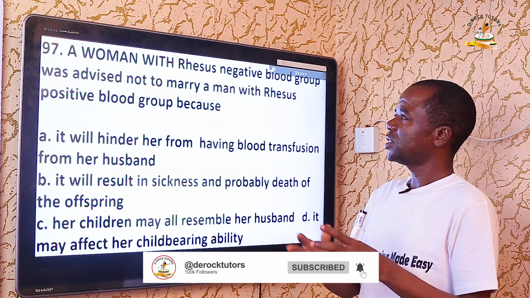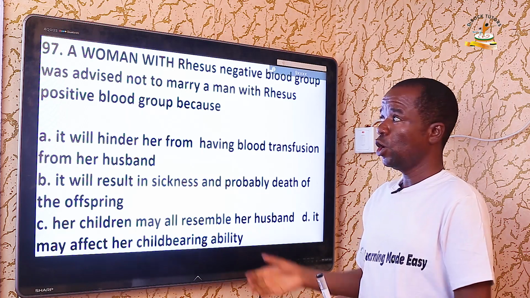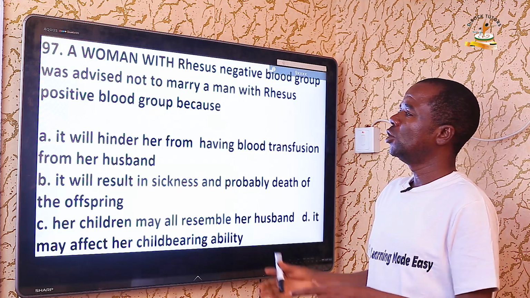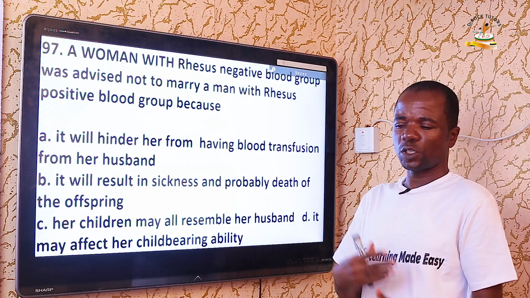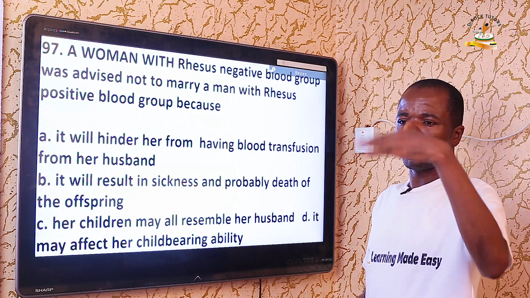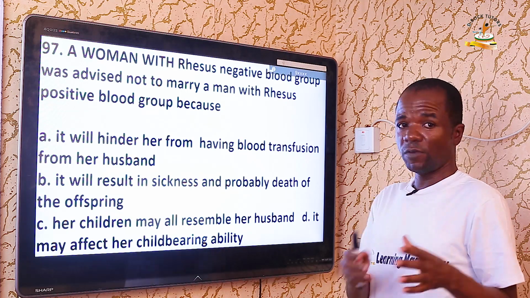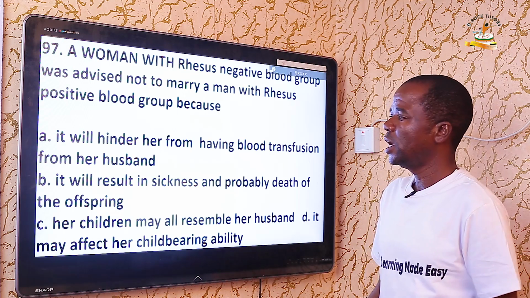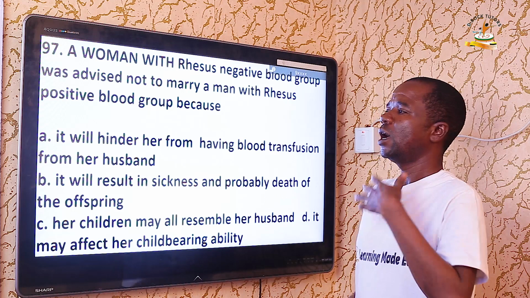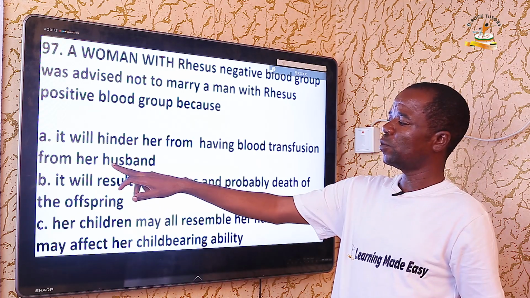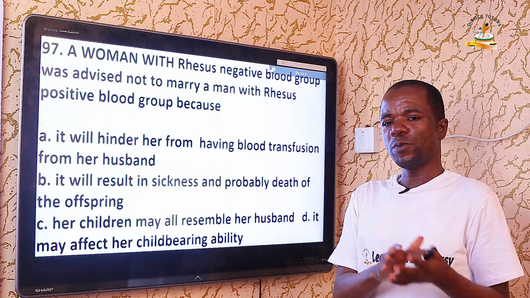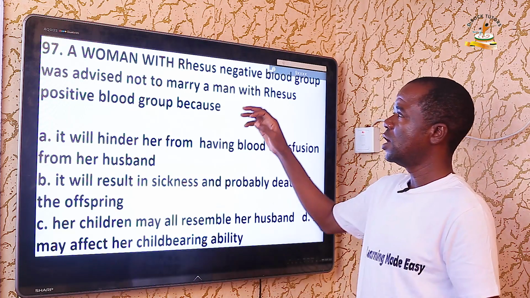This is an example of rhesus incompatibility. When a woman is rhesus factor negative and married to a man who is rhesus factor positive, rhesus factor incompatibility can occur, especially during the second, third, and subsequent pregnancy. The very first pregnancy is usually accepted because the child, the fetus inside, can actually inherit the rhesus factor positive from the husband, which means the fetus will now be rhesus factor positive compared to the rhesus factor negative